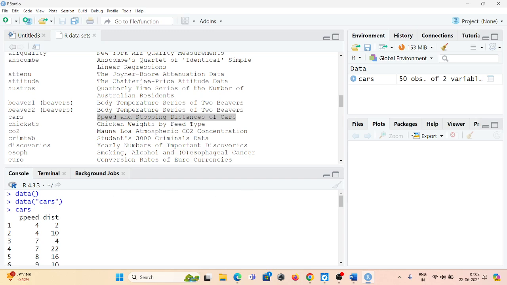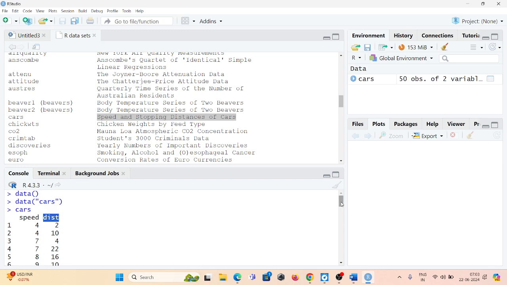This consists of two columns: the first one is speed and the second one is distance. These numbers are just the index, so don't worry about that. The cars data set consists of two variables, or two columns, speed and distance. In the environment section you can also see that the cars data set is displayed, and it shows two variables and 50 observations in total.